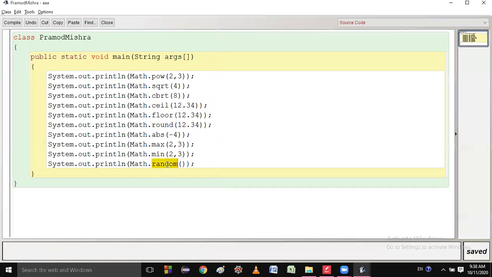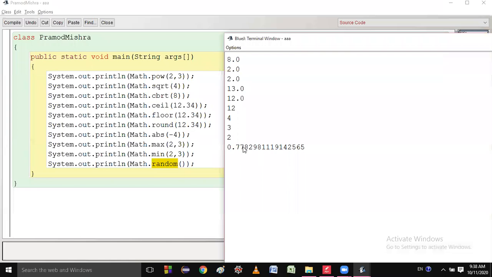Next one, random function. I said to you, random function will give you a result between 0 and 1, but 0 will be included. In place of the last output, we can write any number between 0 and 1?